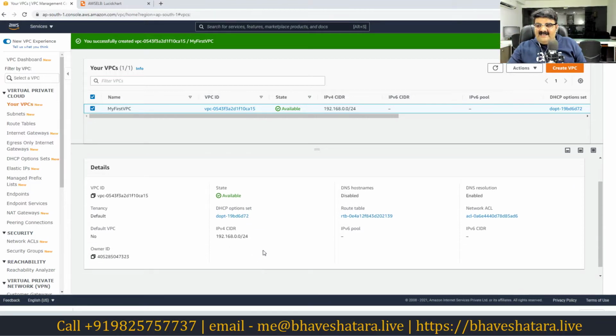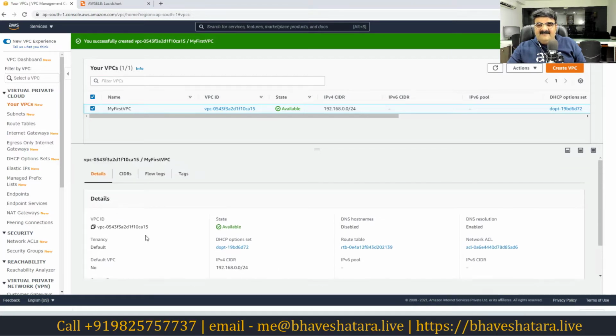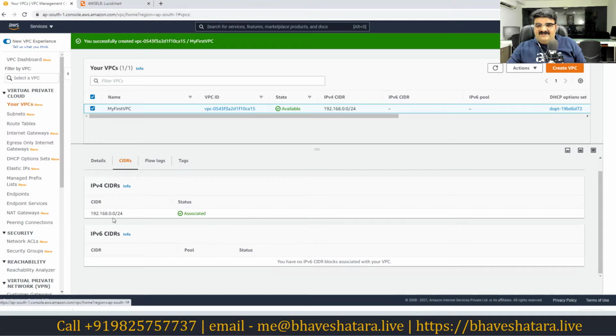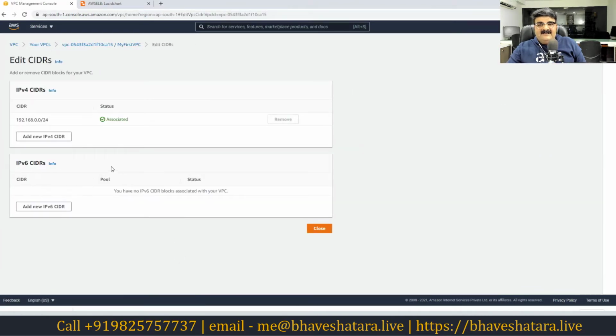And these are the DNS name and host name. We'll talk about all this. And here we have the CIDR range. This is the range that we are using, and I already explained you can add up to 5 ranges. So let me explain how you can define more ranges. Here is edit CIDR range. Keep this in mind, you cannot edit the existing CIDR range. There is no way to remove this, but you can add a new range.